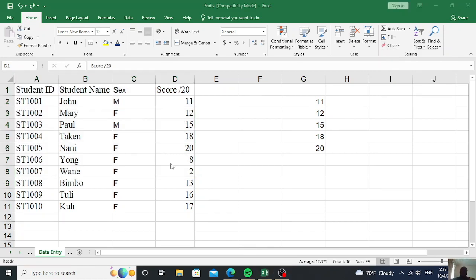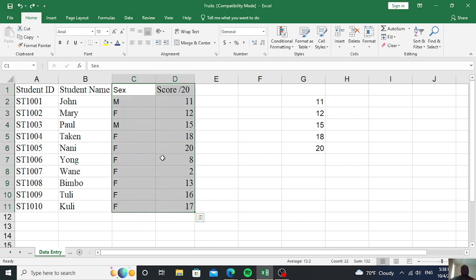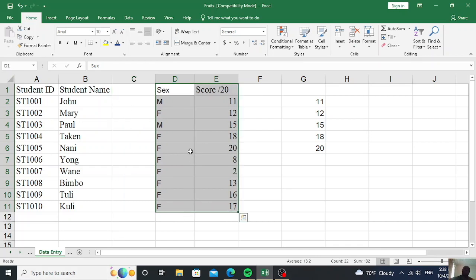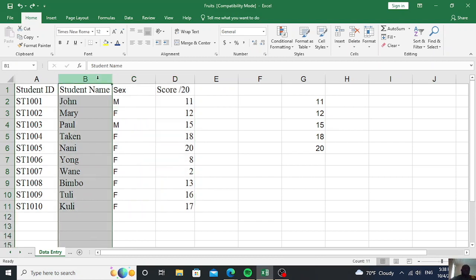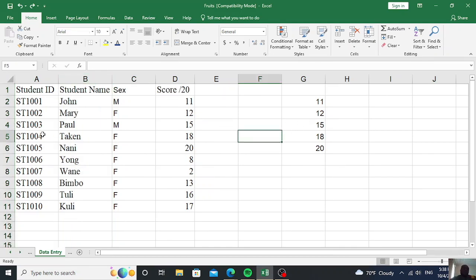Next, let's look at the insert function. Earlier on, we saw that we could displace the content of either a row or a range to create space for new data to be entered. So, as I was building my spreadsheet, and I want to create space for the missing information, I can do so by simply